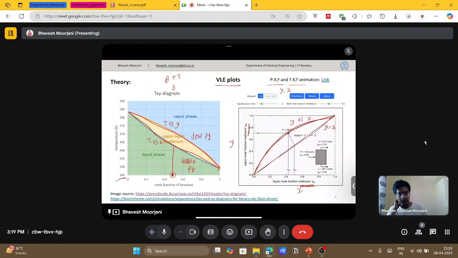Till you reach the bubble point line, your liquid will remain as liquid only. Once you touch this bubble point line, your evaporation will start and you will come into the